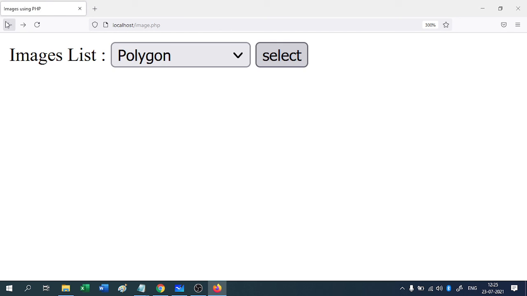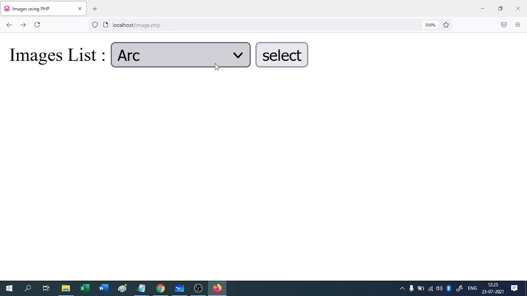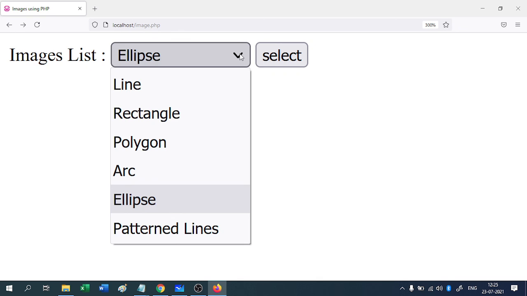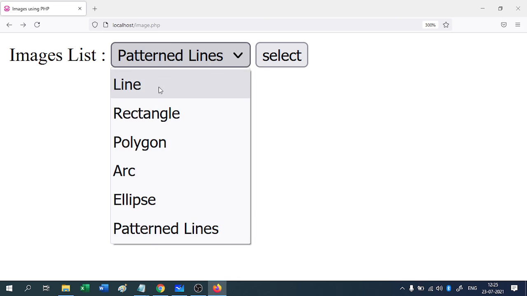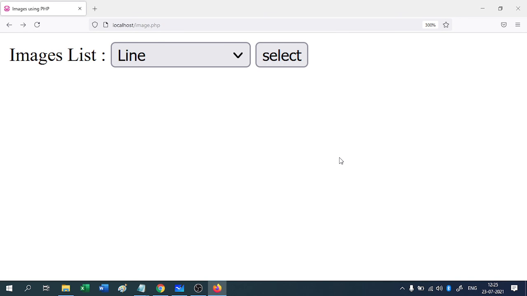This one creates the polygon, then arc, this one creates the arc, then ellipse, creates the ellipse, then pattern lines, this one produces the pattern lines. Then line, this one creates the line. So this is the way to create images in a web page using PHP.